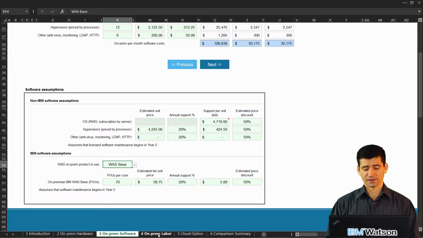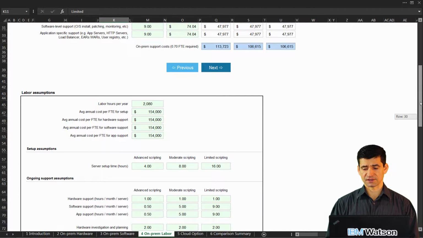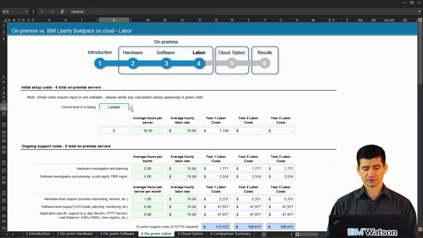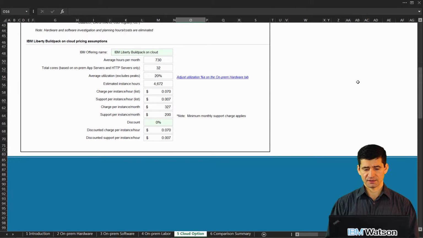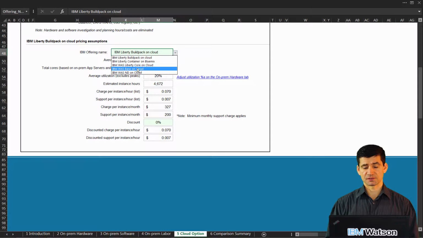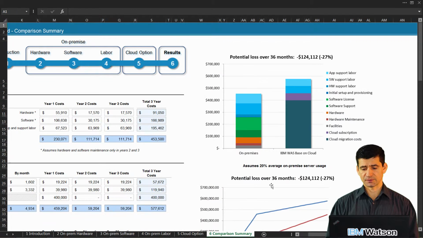WAS Base. And then on-prem labor, let's imagine that we have perhaps moderate scripting for the on-prem labor. For the cloud option, we could have, instead of using Liberty build pack, let's imagine we just move to the WAS Base on the cloud. And now let's look at the comparison summary. Well, in this case, the return on investment is negative. In this configuration, you do not want to move into the cloud, so you don't always get the positive result,